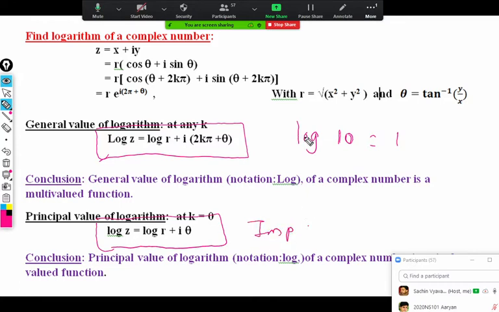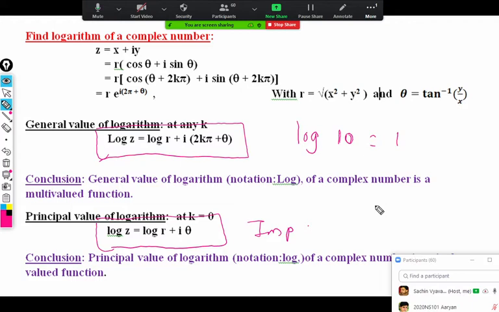First of all, log of 10 is equal to 1. It depends on what base you are taking this logarithm. But for a real number, we can take a log first. It converts the bigger number to the smaller number, and when we take the anti-log, again we move from that smaller number to the larger number. It means it is a one-to-one function. Whatever log function you learned up to the 12th is a real valued function,